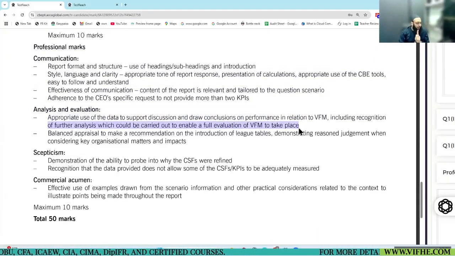Do you remember the question mentioned that full VFM is not possible right now? Yes, they did mention full VFM was not possible. So you had to recognize that we cannot perform the full evaluation here. So this is the first area, which pertains to requirement B.